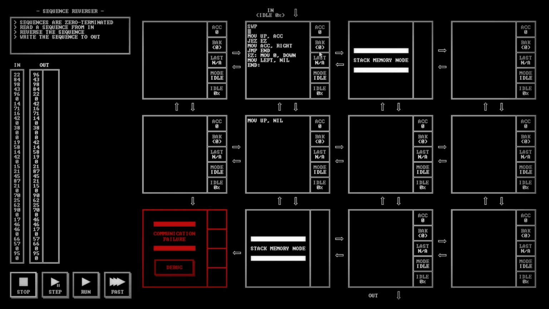So I'm going to do SWP, JNZ to NZ. NZ is going to be here. But if BAK is 0, then you're going to move 0 right and move 0 to ACC and SWP 1. So only the first time this runs should it actually, then this is going to move up to nil. It's just going to accept it. And then it's gonna,